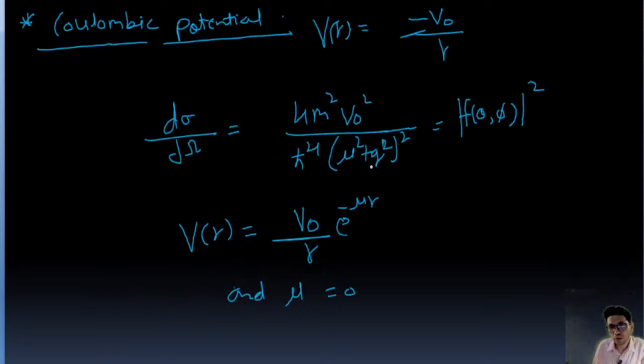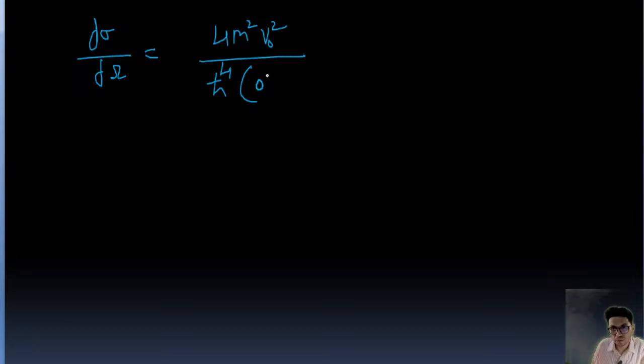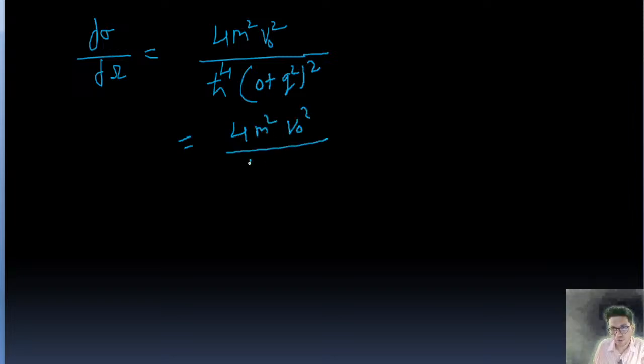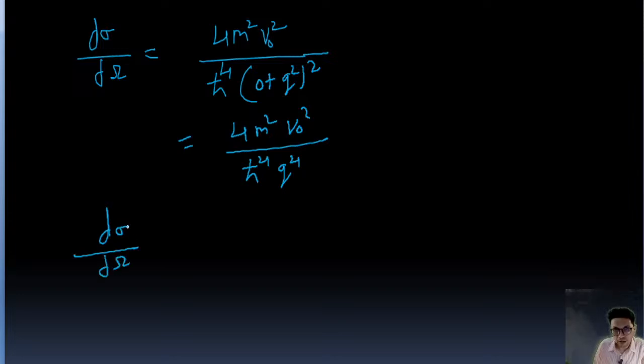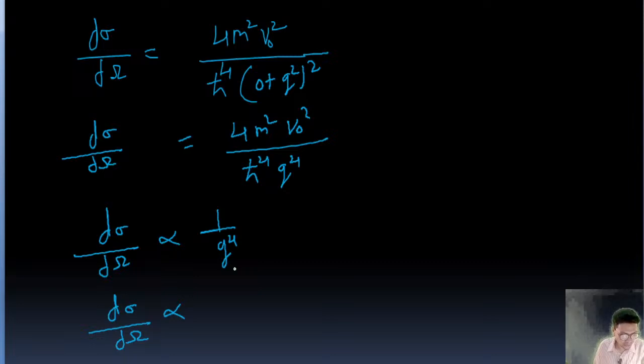Here I will put μ equal to 0, so 0 plus q² whole square. So this value is going to be 4m² V₀² upon ħ⁴ q⁴. Okay, so from here dσ/dΩ is proportional to 1 upon q⁴, or dσ/dΩ is proportional to 1 upon sin⁴(θ/2),